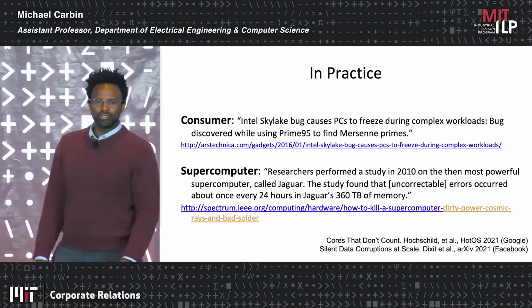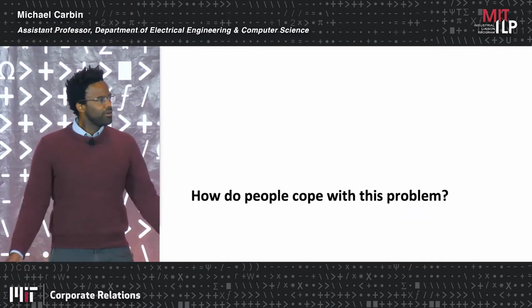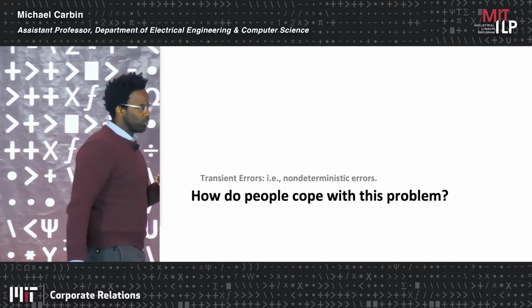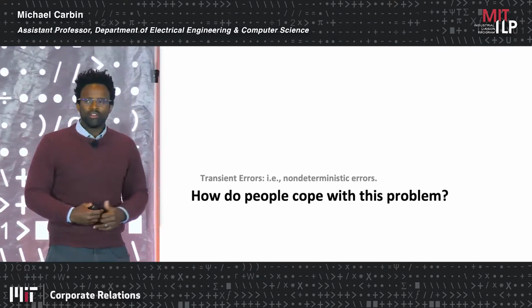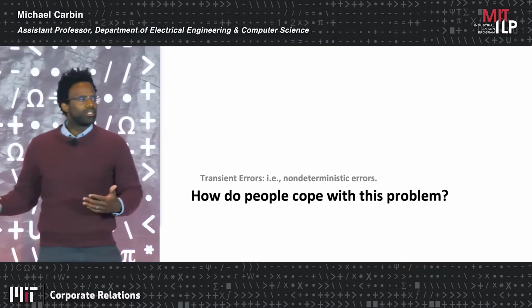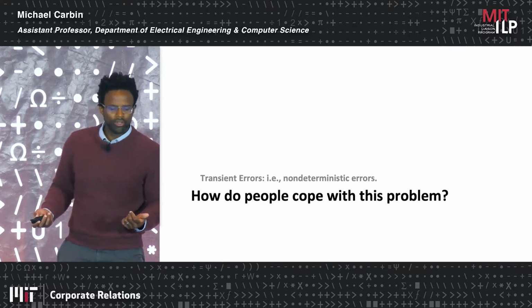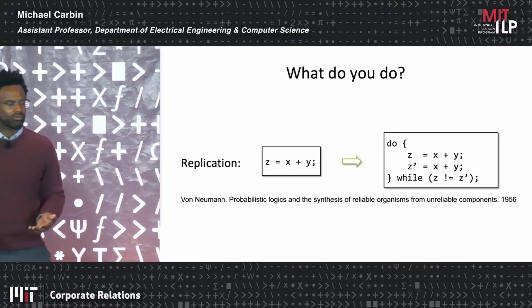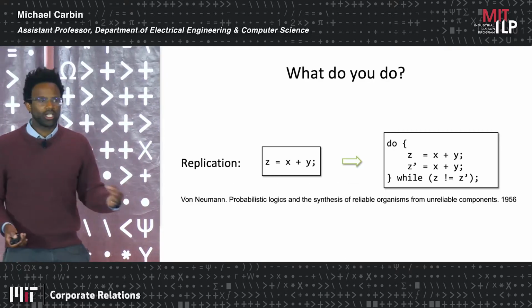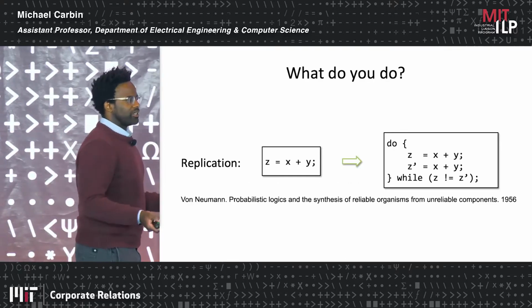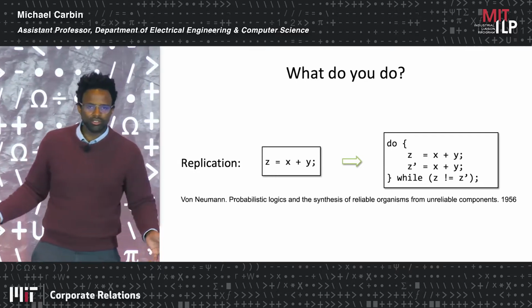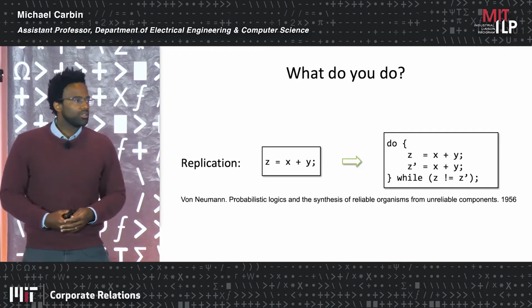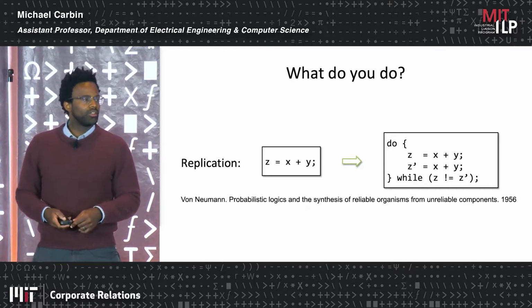Now, what are some of these entities doing? Well, the errors I want to talk about here are transient errors. What that means is if I run a computation once and I get an error, if I run it again, then with high probability, I'm going to get the correct result. In this environment, the classic thing to do is what's called replication. You take your computation and replicate it. You're going to have 2 or more copies. You're going to run these copies, and if the results disagree, you're going to run them again until they agree.